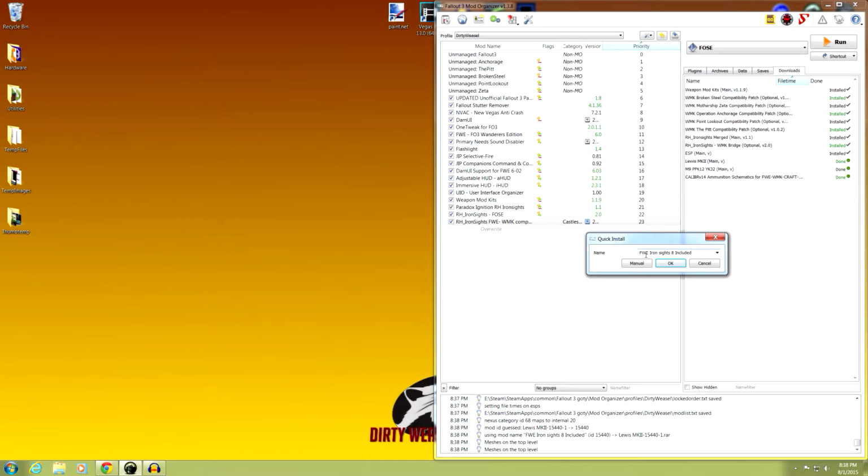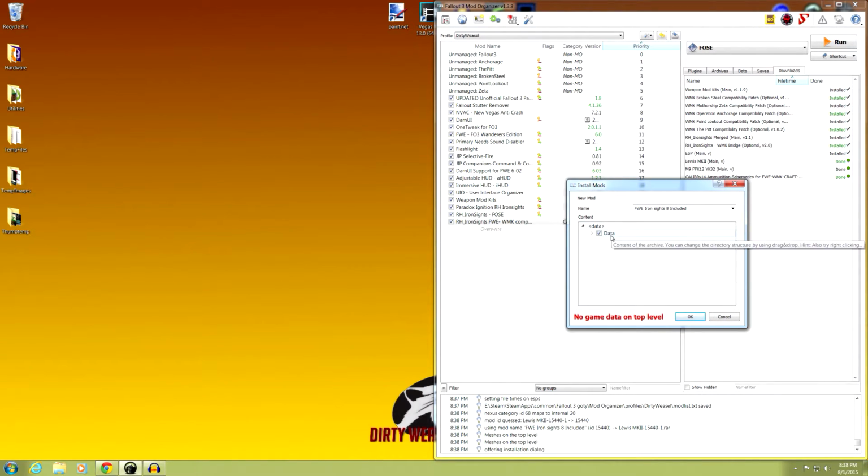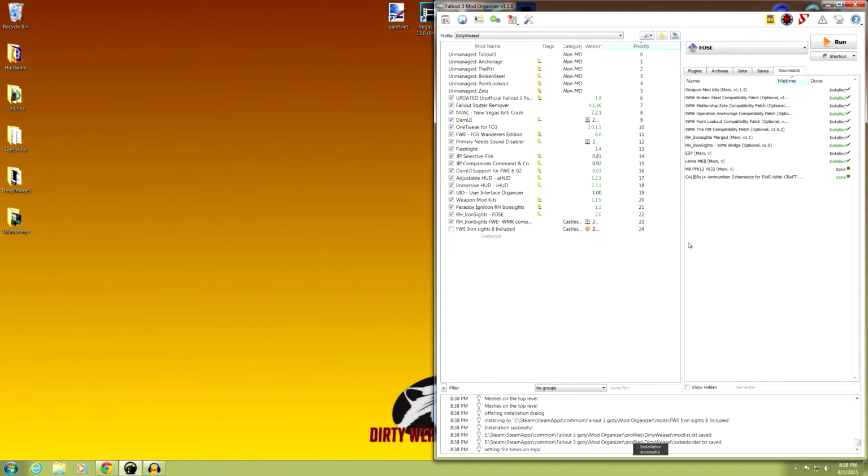Double click to install. It's FWE Ironsights 8 included. Go ahead and click Manual. No game data on top, so right click it, set game data, and it's meshes. It looks good. And then we come down to the M9 PPK12